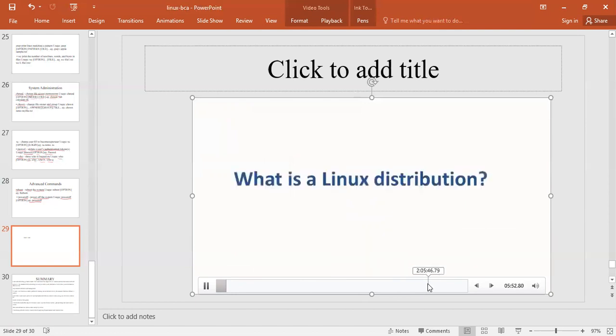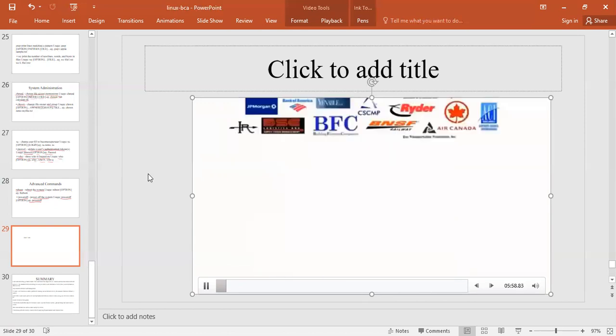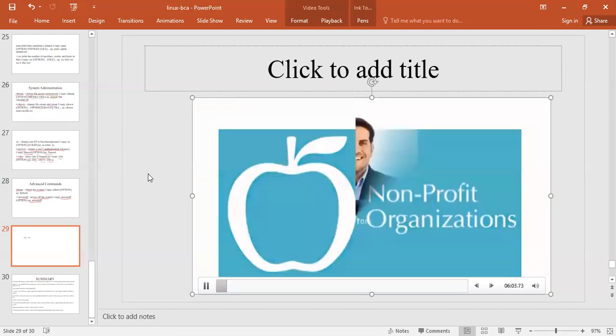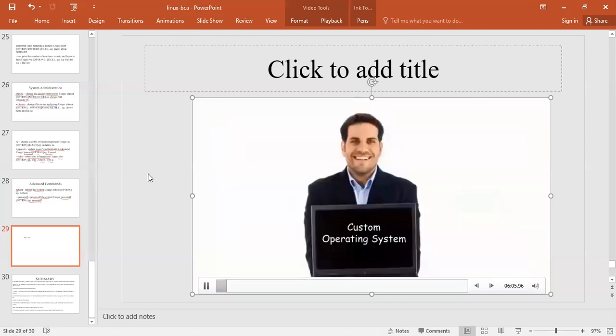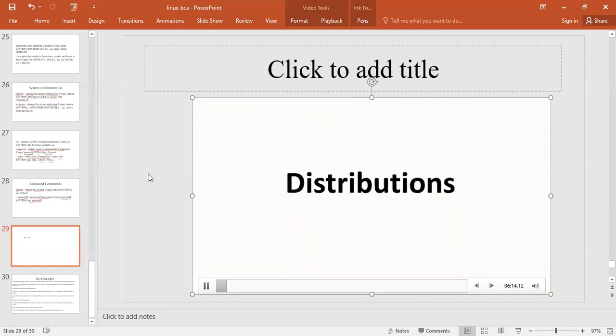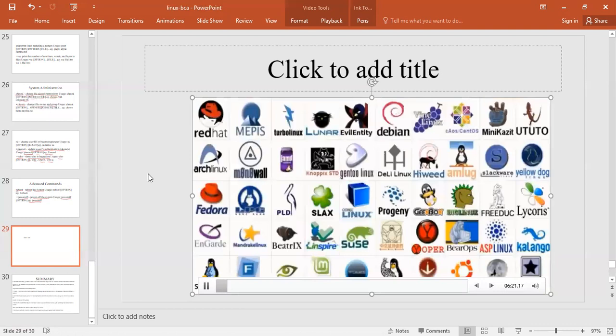Well, now as you know that Linux is an open source free-to-use kernel, it is used by programmers, organizations, profit and non-profit companies around the world in order to create operating systems to suit their individual requirements. These versions, types, kinds of Linux operating systems are called distributions or distros. So how many distributions are out there? There are hundreds of Linux operating systems or distributions available these days.